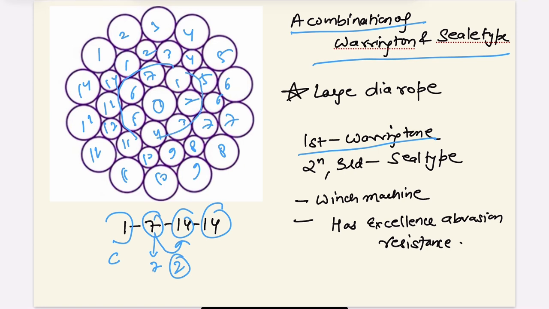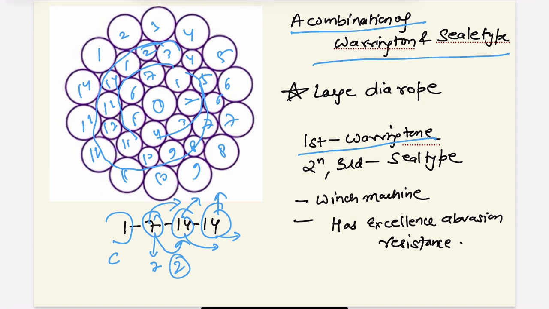Then there is the second layer, which is basically Seale type, and the last construction is Seale type. Okay, where the number of wire ropes is the same, it has Seale type construction, and where the number of wire ropes doubles, it has Warrington type construction. So here the number of wire ropes increases,